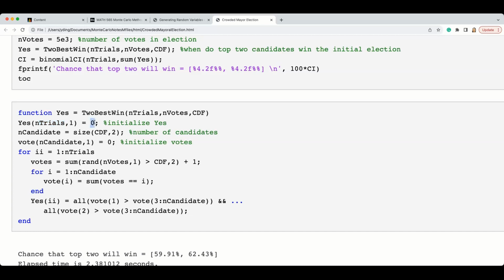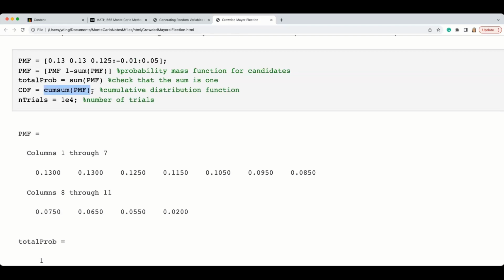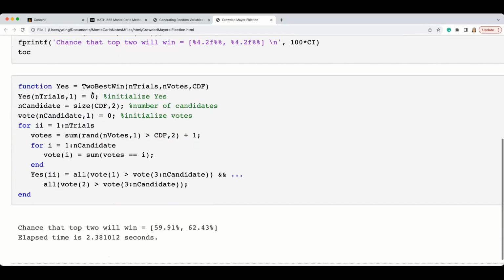So this is where initially everything is 0, and then a candidate. So we will consider size will be the CDF or 2. This means CDF is what we have here, the cumulative distribution function. 2 is the number of columns. So we know that's 11. So we get how many candidates we have. Okay, and then votes actually will be the candidates for each of them. So everyone can only vote for one person, right? You cannot say let's choose 2 of them. No. So that's why we will initialize this based on the size of the n candidates here. This is a vector. So initialize this votes.